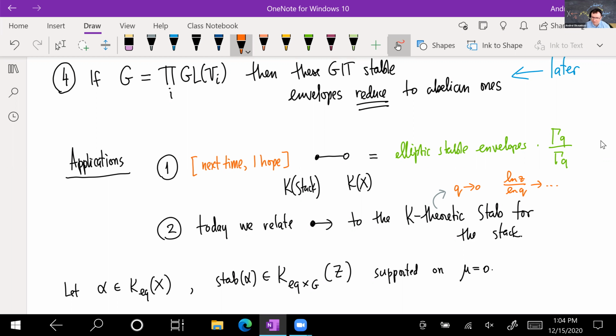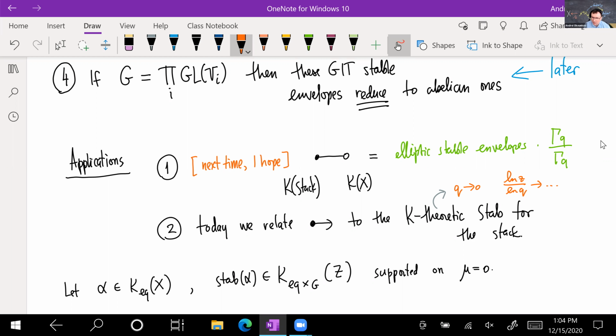Another question. So today you contrasted this GIT stable envelope with abelian stable envelope. And does it make sense to consider something for an equivariant theory, K-theory or elliptic, with a non-abelian group? Or, I mean, I guess there are no fixed points under non-abelian, but the